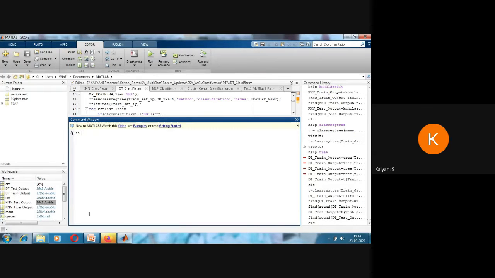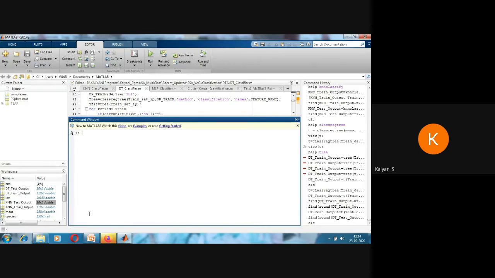Now, in multi-layer perceptron, you have to give the transpose of the matrix. Please remember for neural network. So here I am giving 150 cross 4. The column number should be the samples, row number should be the variable. For all neural networks, column number should be the samples, row number should be the attributes or variables. So I have to transpose my matrix before I feed it into the multi-layer perceptron network.